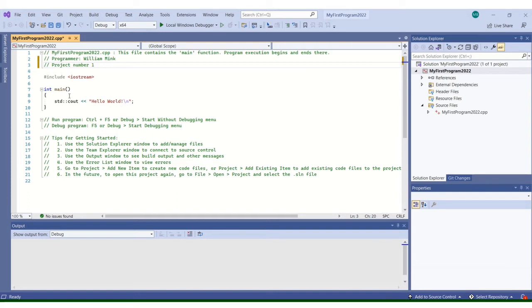So up here, you'll see this is our first actual statement. This is an include directive, and it includes the iostream library. And the syntax is #include, which is a keyword, and then within the less than and greater than signs,